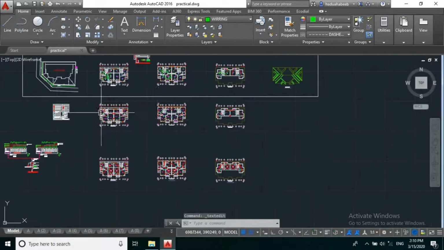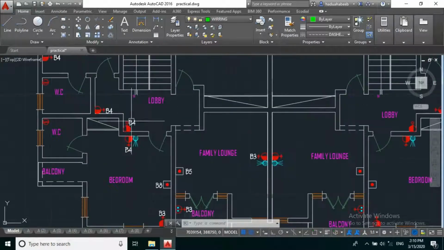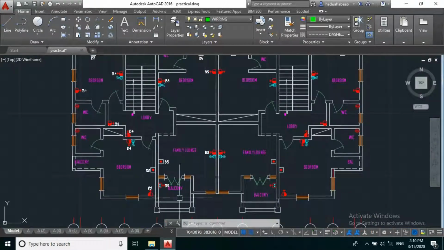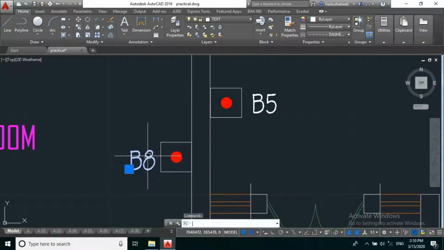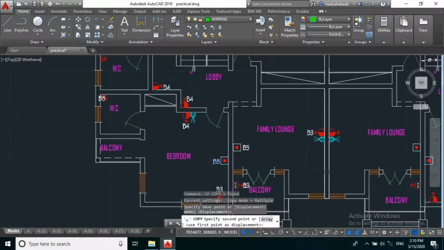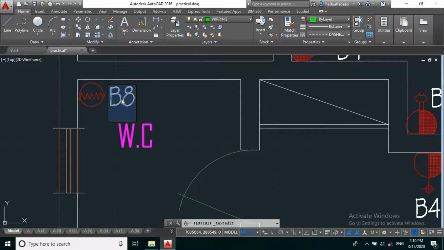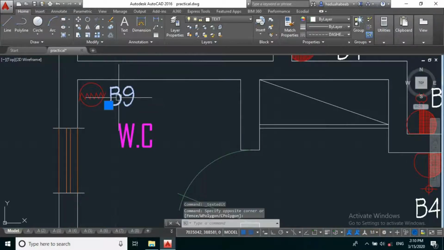Let's proceed to the first floor again. So we stopped at B8. So we're having our B9 and B10 here. So let's copy. B9.